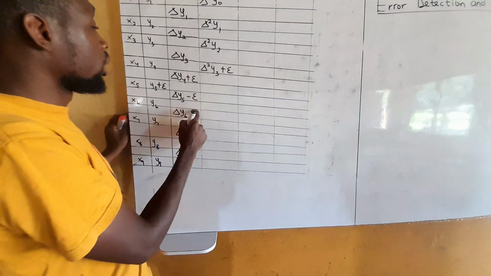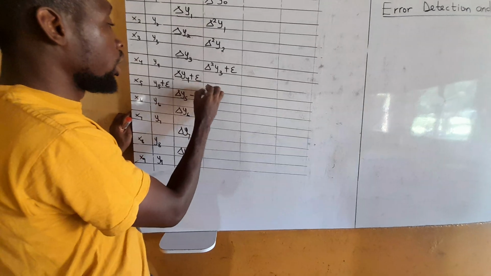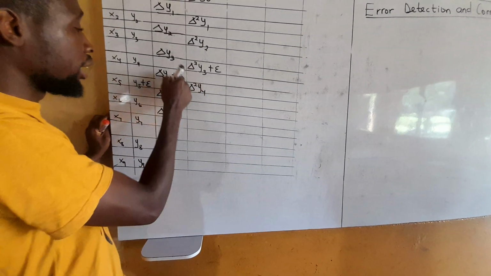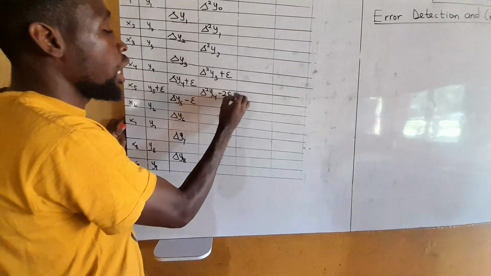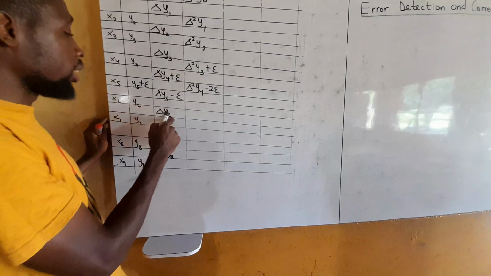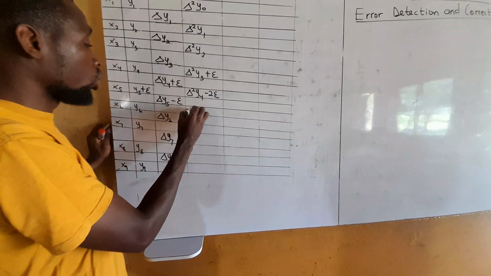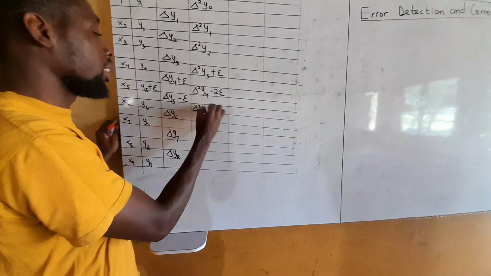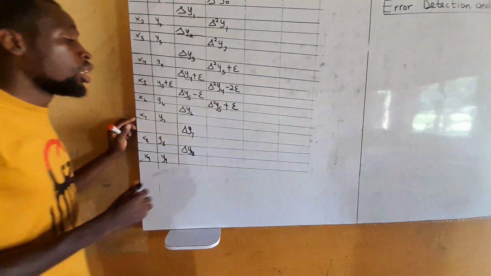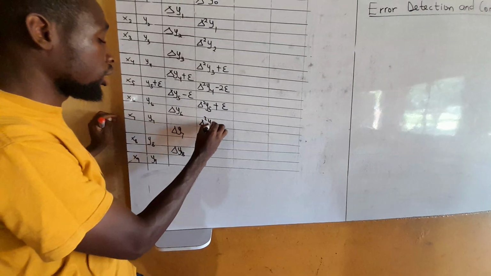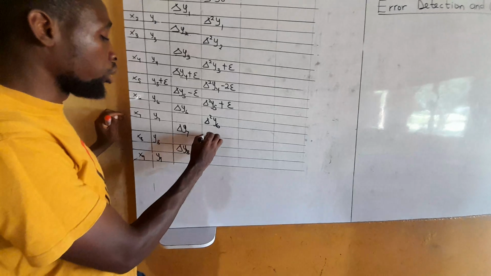Then this from this will have del square y4, then error minus error, that will be minus 2 error. Then the difference between this and this will have del square y5, then plus error. Then the difference between this and this will be del square y6,